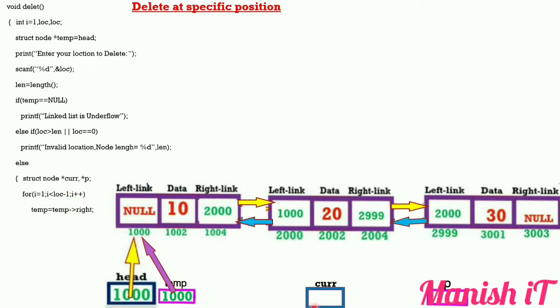So now in the current pointer, we have to store the base address of the node to be deleted. The node to be deleted is this one, so its base address is 2000. So how to write our logic? This temp to right is stored in current. So see this, whenever it is stored in current, it starts pointing. Now the next node is this one, so we have to write our logic once again. Current to right is stored in the p pointer. So see this, after current to right is stored, p starts pointing to this base address.